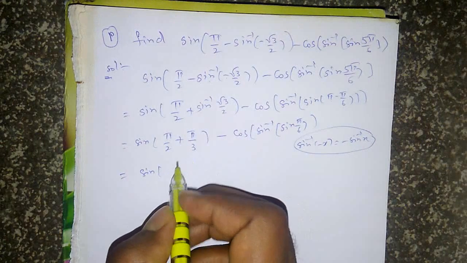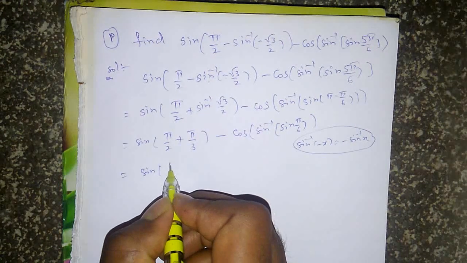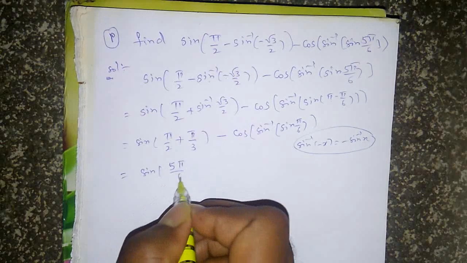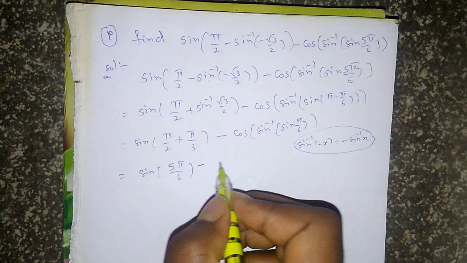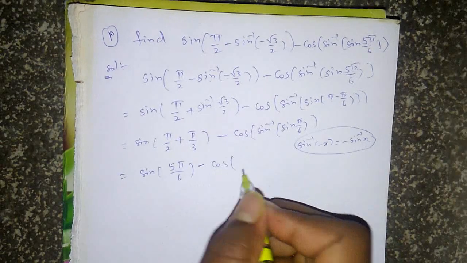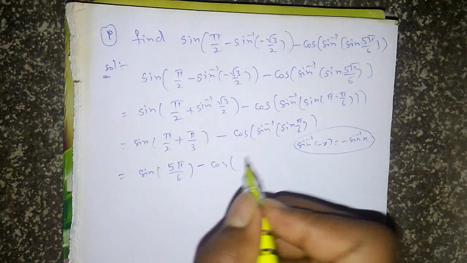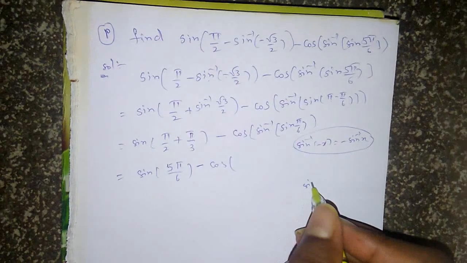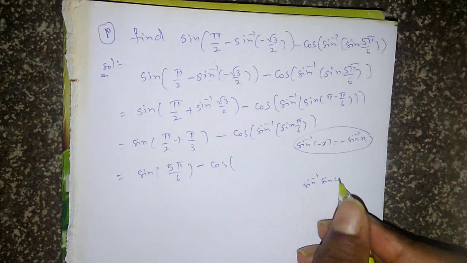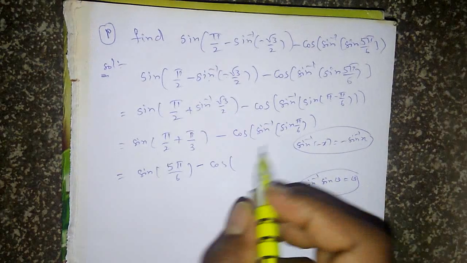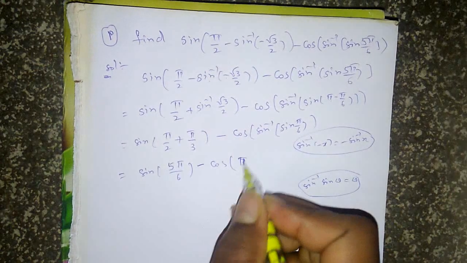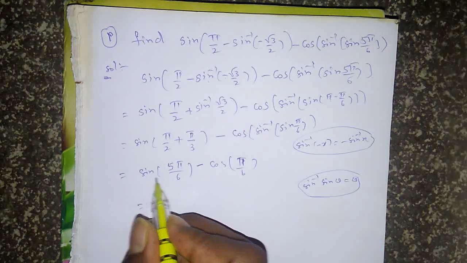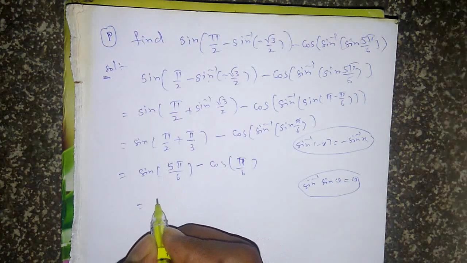Sine 90 plus 60 is 150 degrees, that is sine 5 pi by 6, minus this is cos of sine inverse of sine theta, that is theta, sine inverse of sine theta is equal to theta, so that is pi by 6. So sine 5 pi by 6 is sine 180 minus